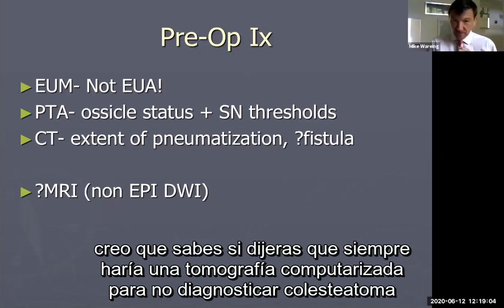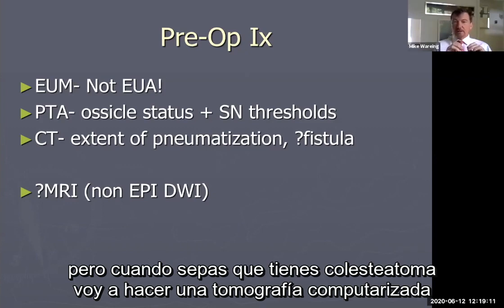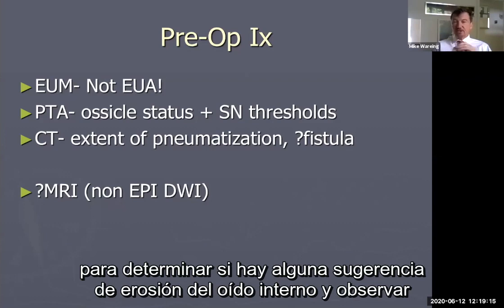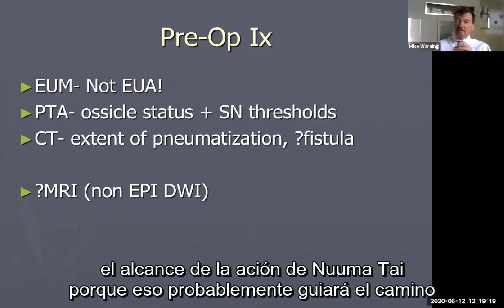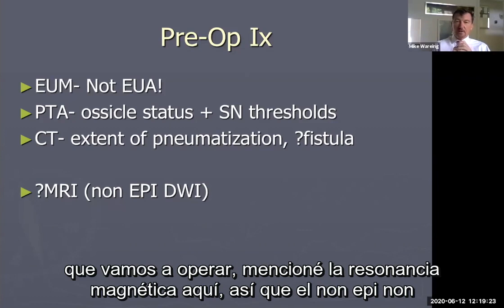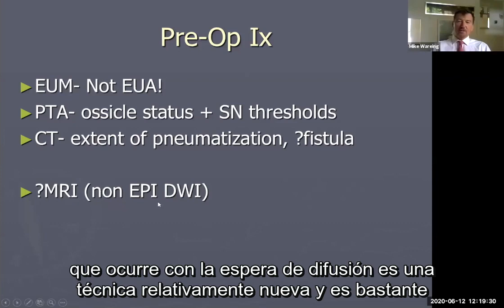And I think if you said I'd always do a CT scan, not to diagnose cholesteatoma, but when you know you've got cholesteatoma, I'm going to do a CT scan to ascertain if there is any suggestion of erosion of the inner ear, and to look at the extent of pneumatization, because that's probably going to guide the way that we're going to operate. I've mentioned MRI here, so the non-EPI, non-echoplanar imaging with diffusion weighting is a relatively new